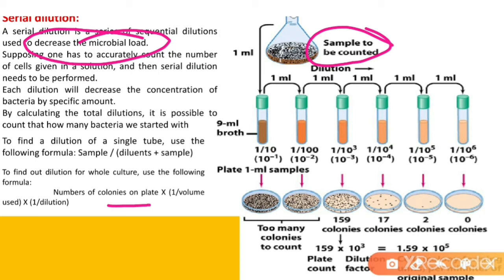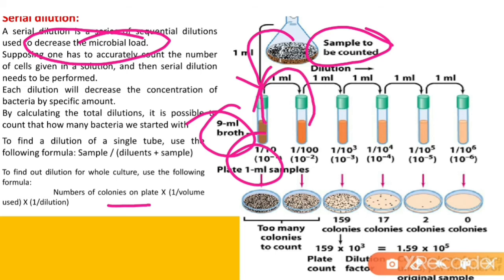Now we have to take 10 test tubes with 9 ml of broth, and we have to add 1 ml of sample in the first test tube. Then this sample will be 10 ml and the dilution will be 1:10 or 10⁻¹. Then 1 ml of sample we have to transfer from one test tube to the second one, and the concentration will be